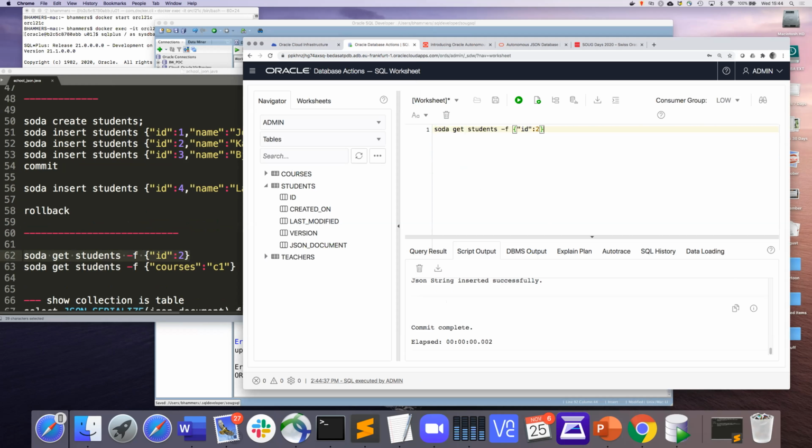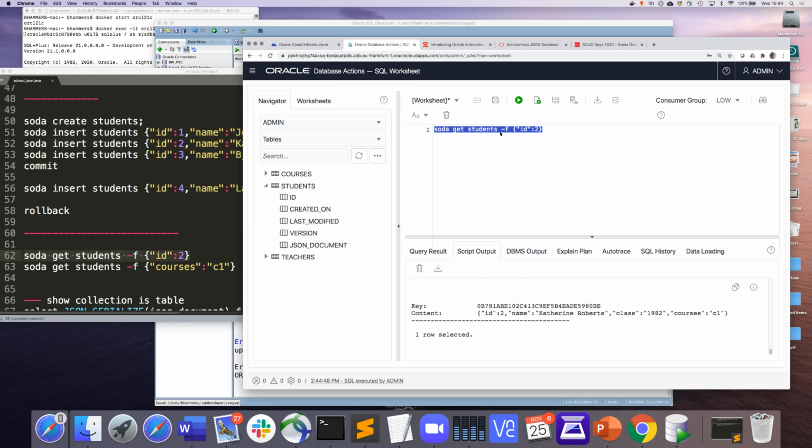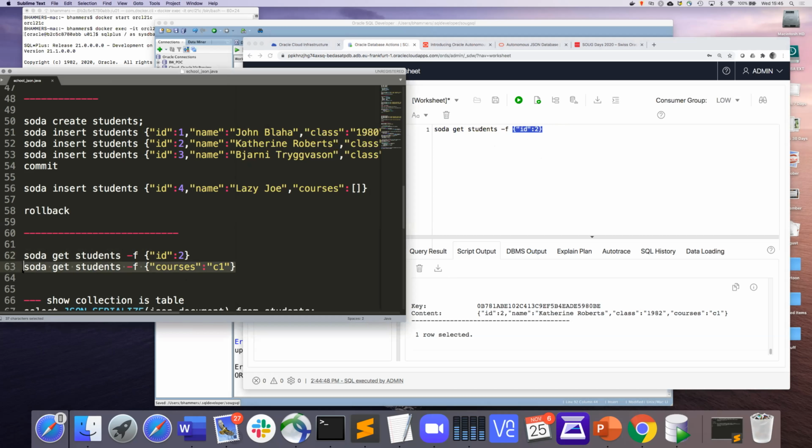And if I want to find something on it, I could, for example, use this pattern or this filter language to evaluate a filter on my collection. Basically, I want to look for all the documents that have a field called ID and the value being 2. I get this one back. This is actually not, the database does not see this. This is getting rewritten to SQL. All these SODA operations, let's say SODA insert, SODA create, SODA get, etc. This is just like a veneer, a convenience function on top of the database. All of these get rewritten to equivalent SQL. And the syntax, we call this query by example.